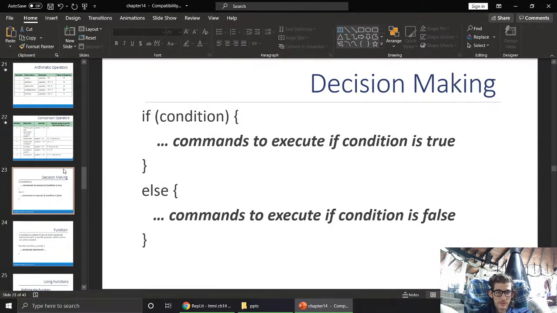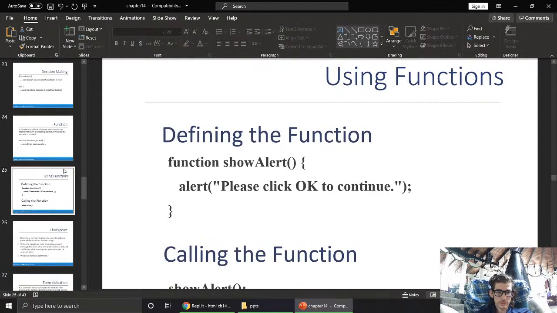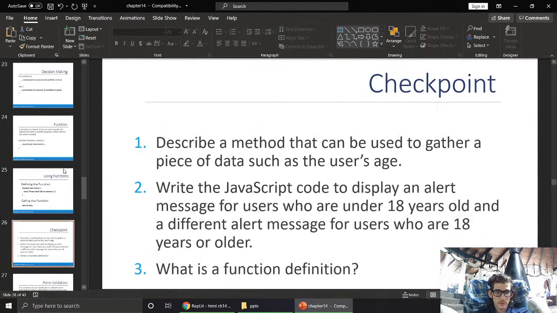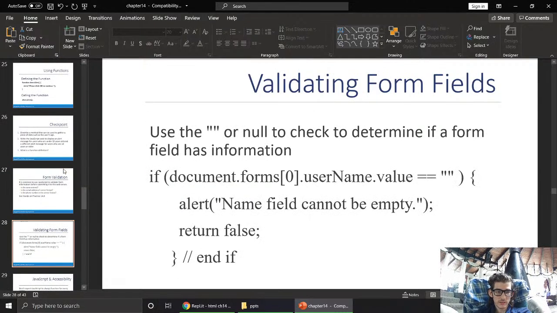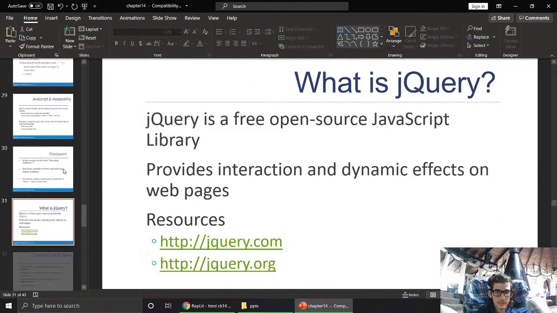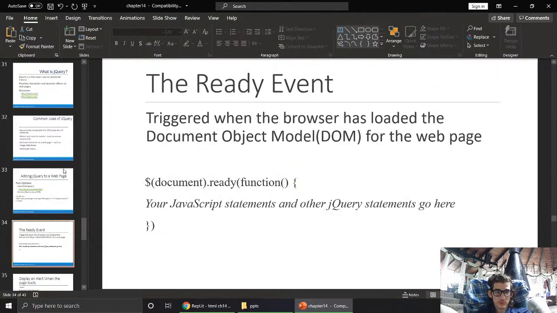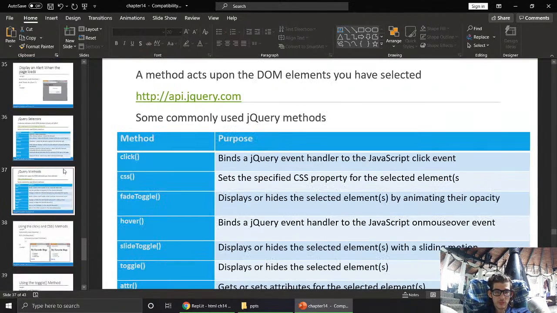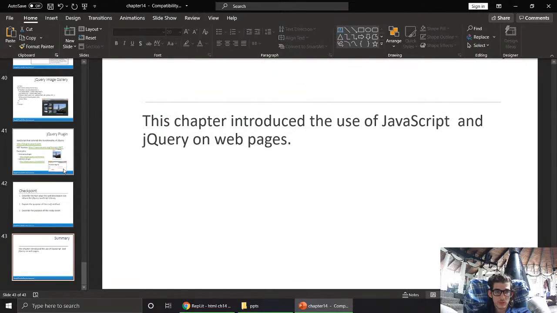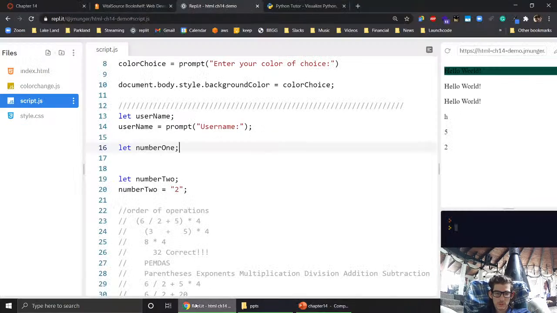Alright, I'm not going to talk about if-else statements in this class, functions. You learn all that in logic. I think the last thing I'm going to do is show you, don't worry about jQuery, I'm just going to show you how we can use JavaScript and the data entered into forms to change things. Because we looked at forms,